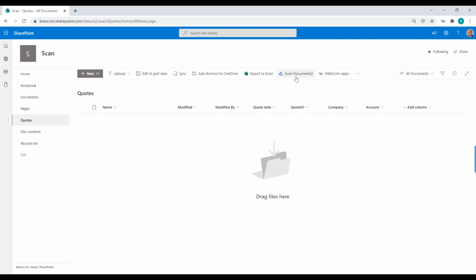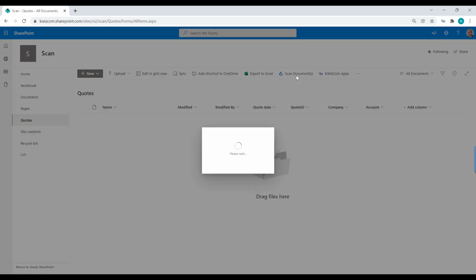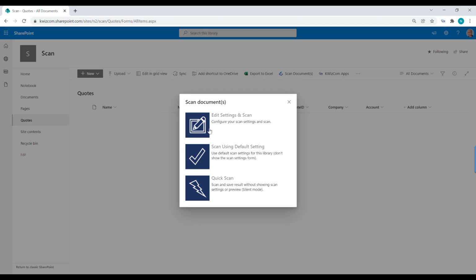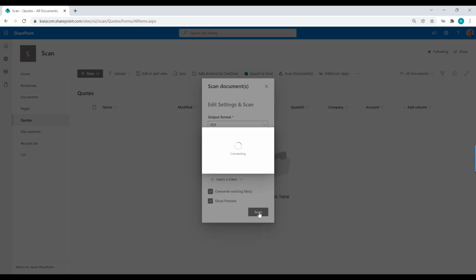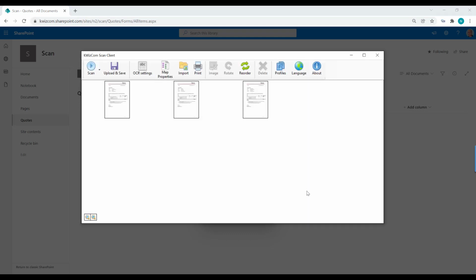Okay, so again, scan documents, and I'm clicking edit settings and scan, and this time I'm selecting here 1 file per page because I'm going to scan 3 quotes, and I want to have as a result 3 separate quote documents. Okay, clicking scan. Okay, so these are my 3 scanned quotes. Clicking map properties,